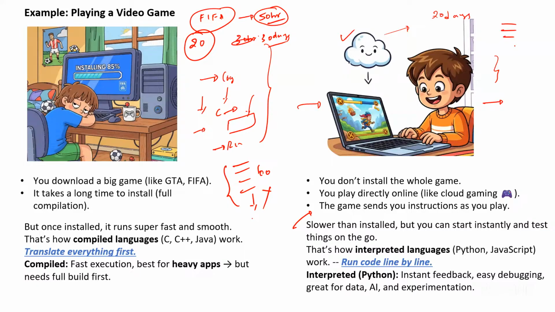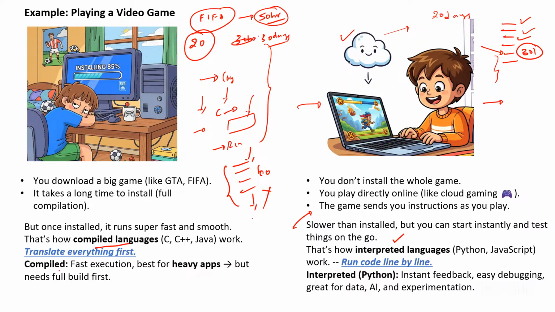For example, you have written 100 lines of code. It will convert the first line to binary code and execute, then the second line, execute, then the third line, execute. And if there is an error on the 30th line, it will stop there, indicating that an error is there. But here we need to go and debug. We'll run line by line, understand where exactly the error is, and it will directly throw you an error. So languages where everything is translated first and then executed are called compiled languages. Languages where I translate line by line are called interpreted languages, because I'm interpreting line by line.